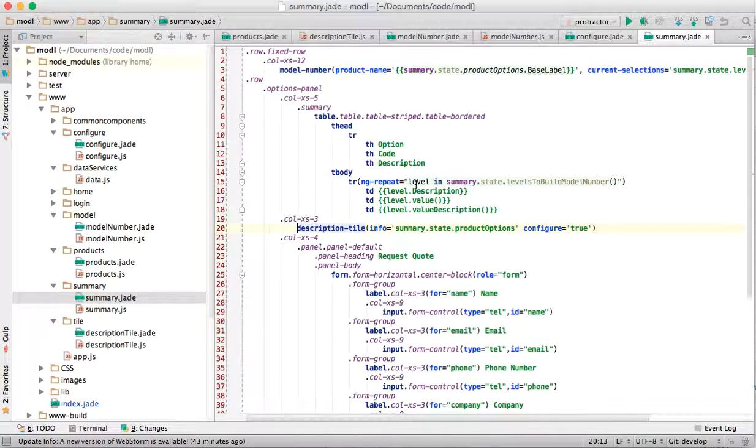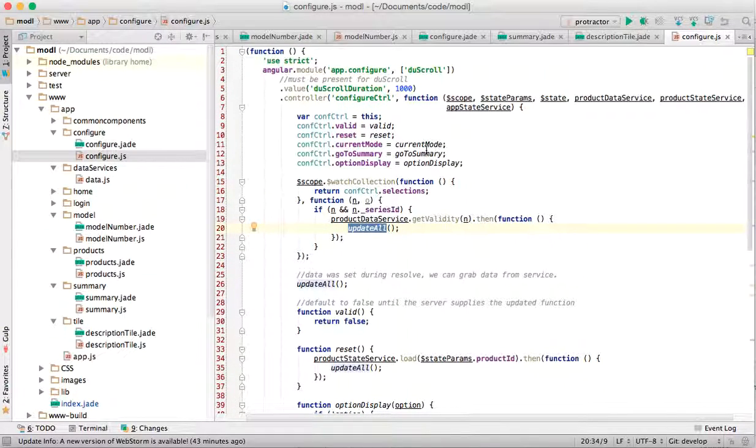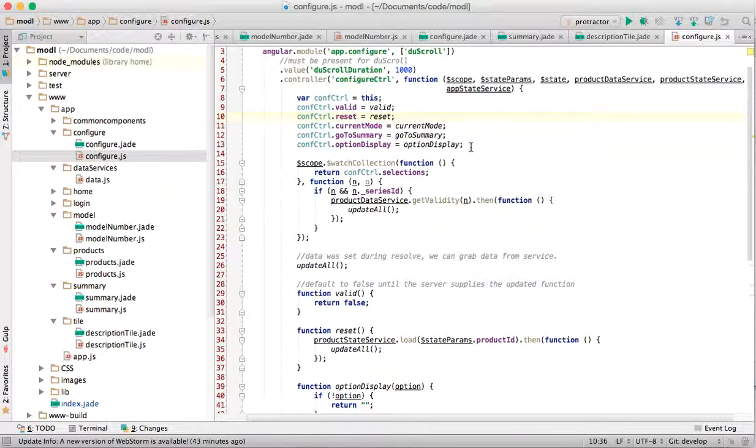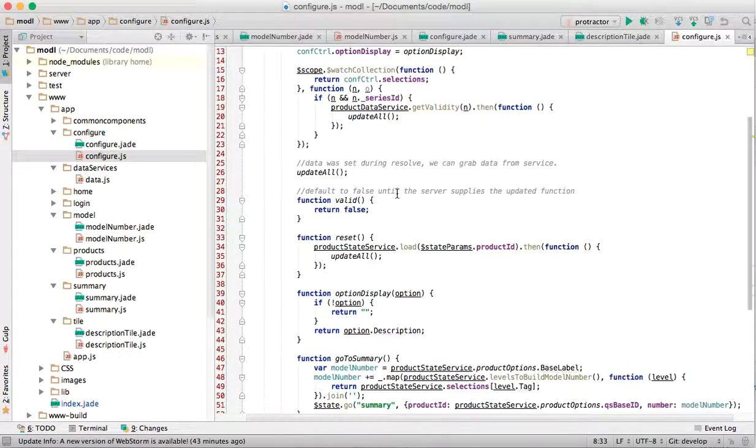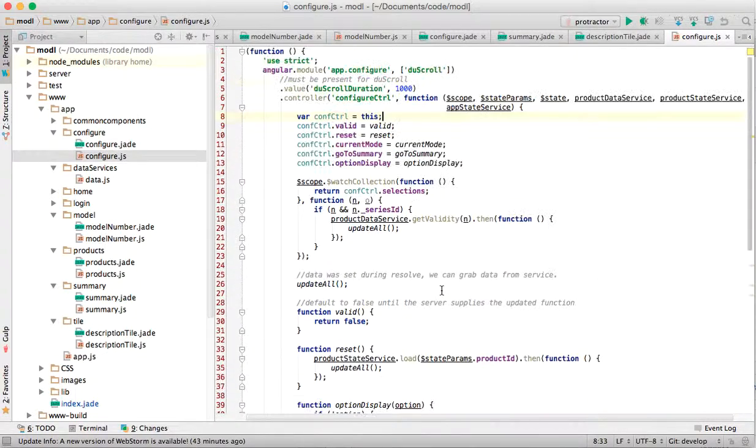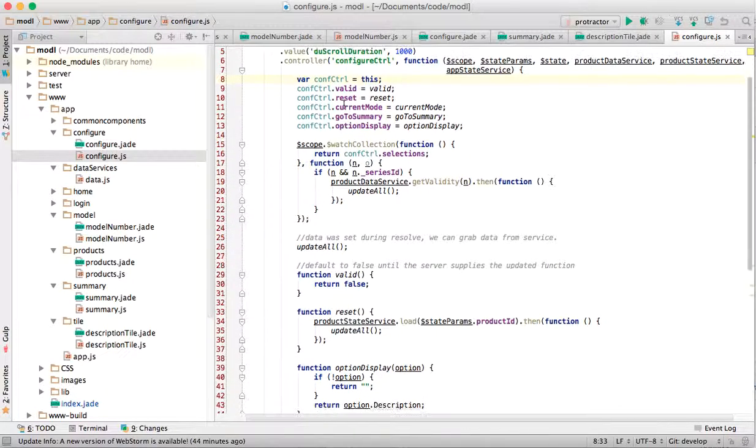So a couple things about the Angular code that I wanted to point out. We briefly looked at the configure pages controller. Just want to point out how we're utilizing, for the most part, John Papa's style guide, intentionally taking bits and pieces from it that we found to be helpful. In particular, the aliasing of the controller object instead of using this directly, and that allows us to get by with referring inside of functions to the controller object without this keyword possibly being changed in the context in which it's used. We're also using the controller as syntax, so that way we can